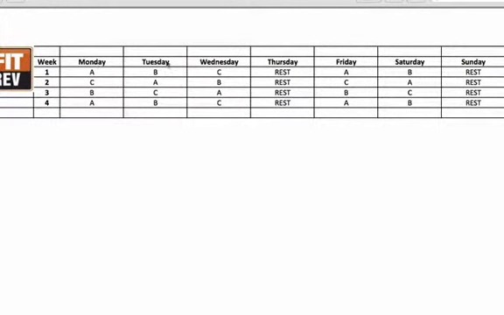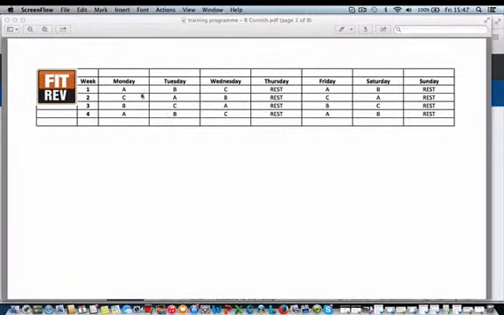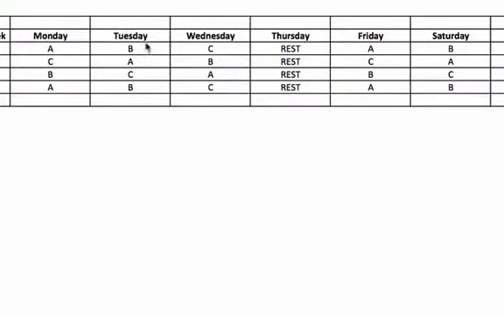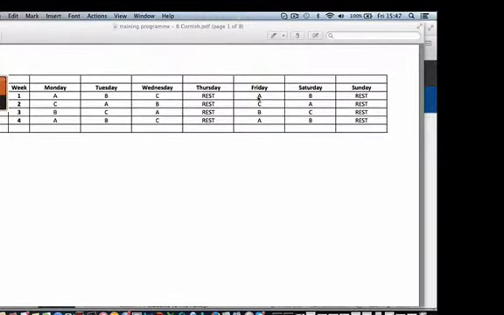And then we've got the days of the week across the top. And then we've got which workout we follow on any given day, or whether we're taking a rest that day. So these A, B, C's actually correlate with the name of the workout down here, workout A, B, and C. So you can see in this particular scenario, we've got A, B, C, followed by a rest day, Friday, A,